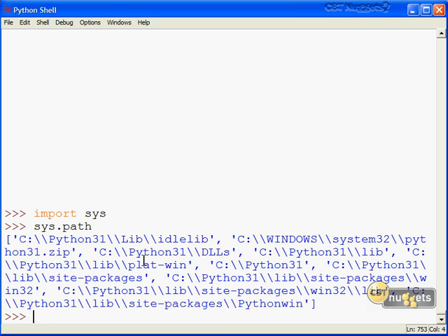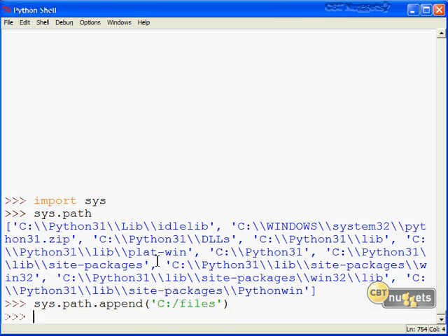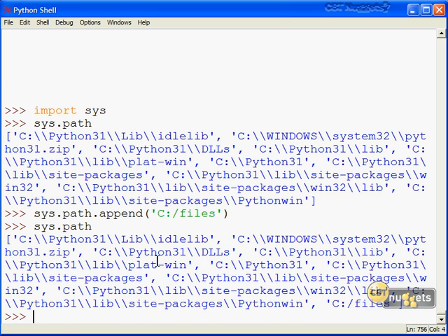Now, if we wanted to temporarily, or just as far as this session is concerned, modify the sys.path, we can do it directly. Remember, lists are mutable. So we can just do sys.path.append, and I'm going to append the path cfiles to the list. So now if I echo back sys.path, we see that cfiles has now been added to the path. Of course, what this means is I can create a module, put it in cfiles, and now call it in my code, at least for the lifetime of this session, using either import or from module import x, y, z,